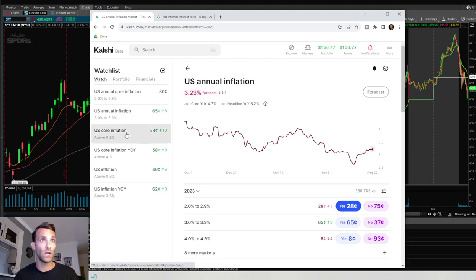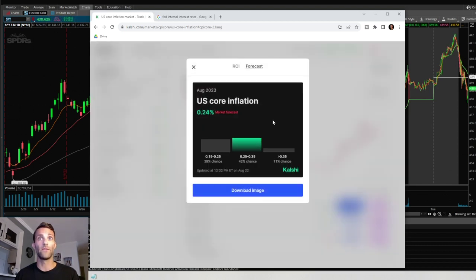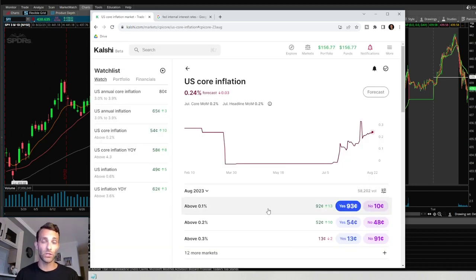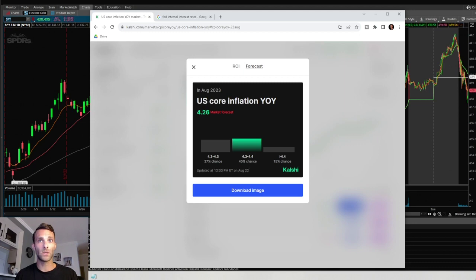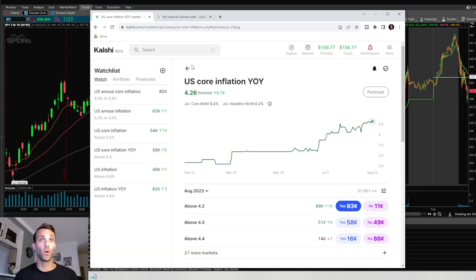Going into the next one, US core inflation. Click on the forecast button. Even though it's not a very high percentage, the best percentage based out of all of these right now in the US core inflation is a 42% chance at 0.25 to 0.35. So some of the ways to structure this trade will be to trade the yes shares on the above 0.1% and above 0.2%. Those are clearly in your favor. And now the US core inflation year over year, clicking on the forecast, 40% chance, 4.3 to 4.4. So a simple way to structure this will be to trade the yes shares on above 4.2 and the yes